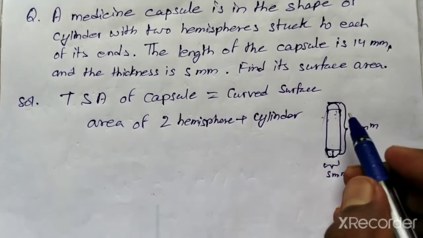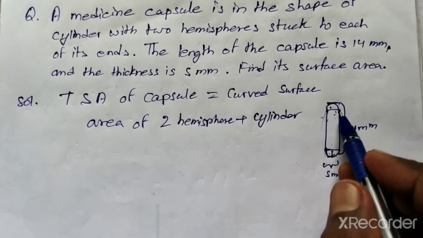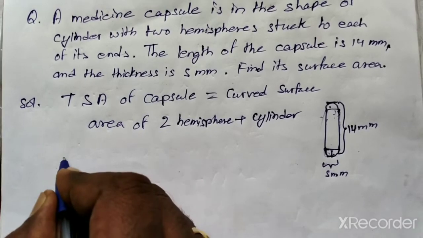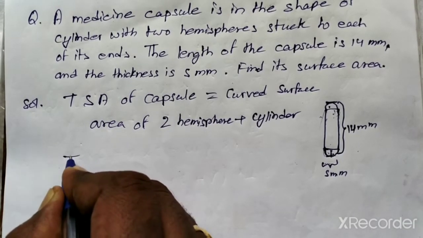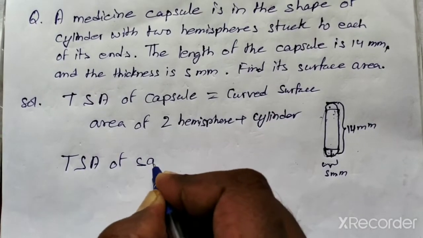Okay, two hemispheres means this, and one cylinder is this. Now total surface area of capsule